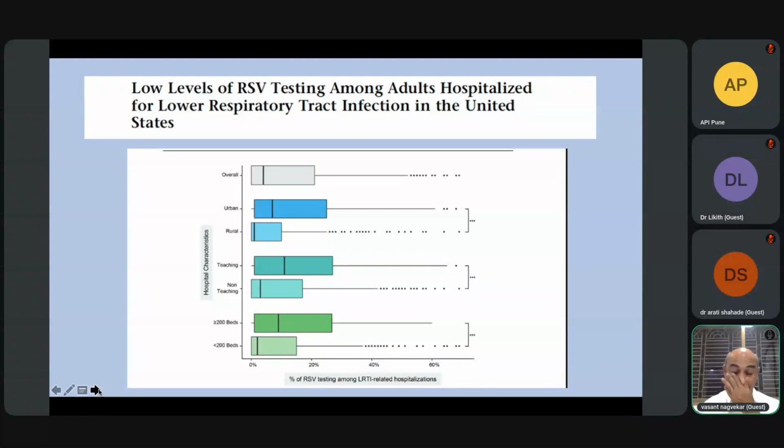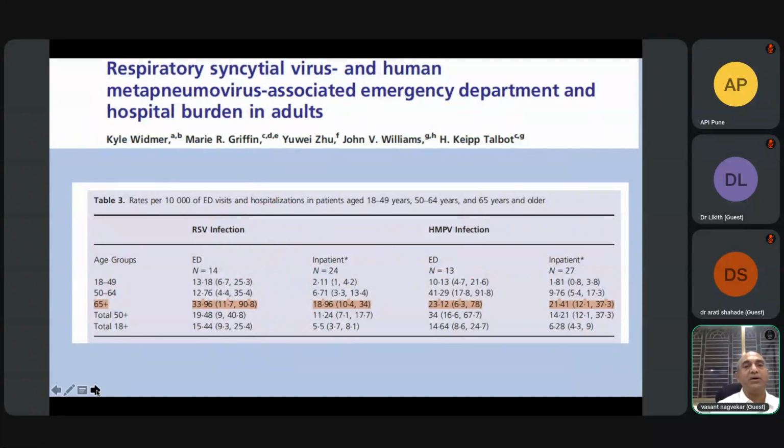Is it really required? That's the whole question. Now we'll come to the comparison of human metapneumovirus. How different is it from respiratory syncytial virus infections, or from influenza A virus? We do not have a comparison with SARS-CoV-2 because SARS-CoV-2 was a completely different virus, and this virus behaves almost